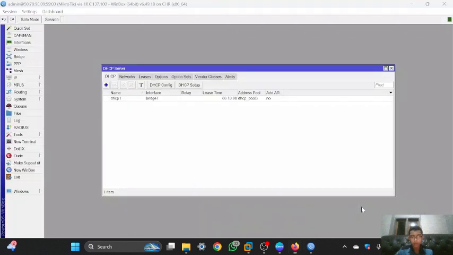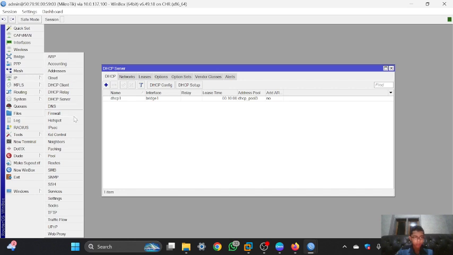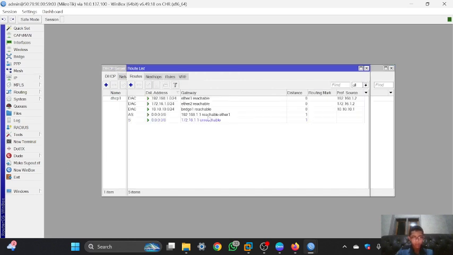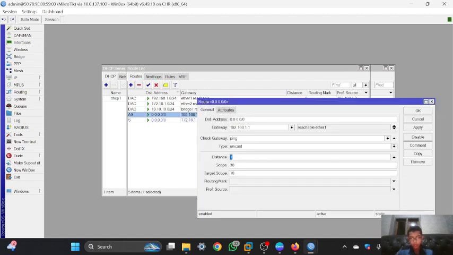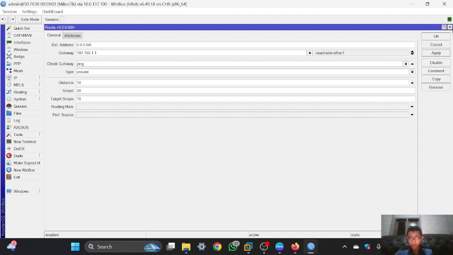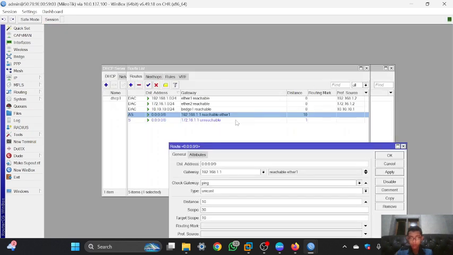And what if I try using the ESP2? I will set the distance to 10, so the priority is ESP2. You apply. It is not reachable.